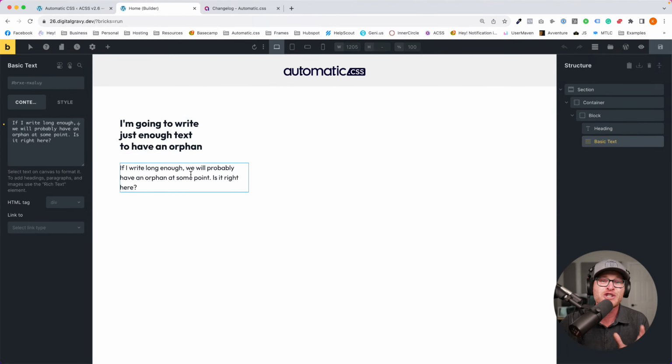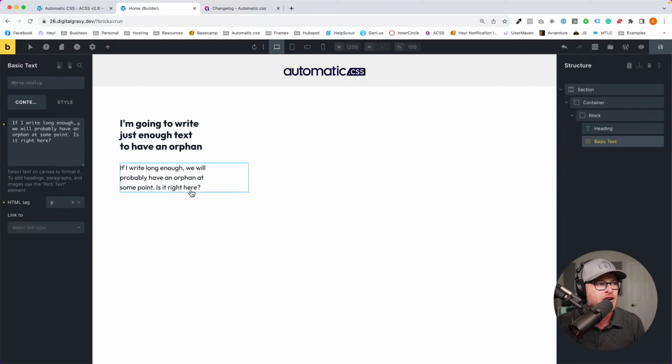Text wrap balance also has a limitation of 4 lines of text. If you have more than 4 lines of text, text wrap balance will stop attempting to do its job, okay? So I don't think text wrap pretty is going to have that limitation. Why didn't this balance? Because it's a div. Automatic CSS only looks for paragraph elements to do this on, and it only looks for only child paragraphs. So if you have a long paragraph, which is obviously going to be more than 4 lines, or multi-paragraphs, automatic CSS isn't even going to try. It's only going to do situations like this.